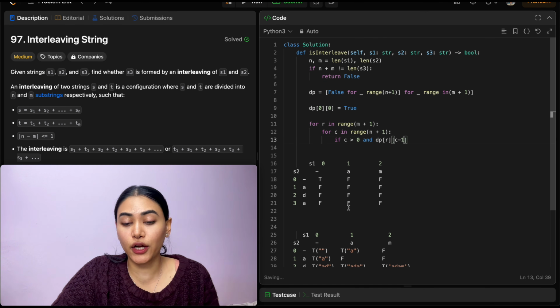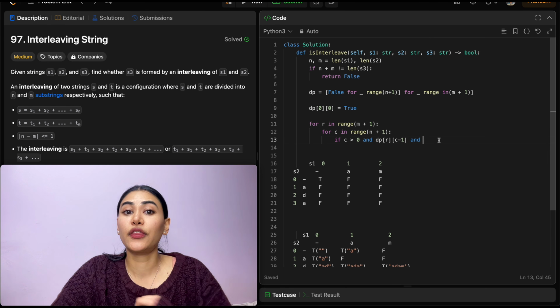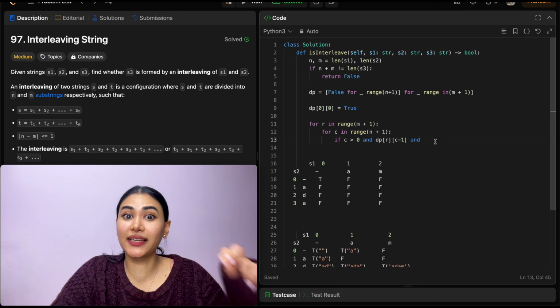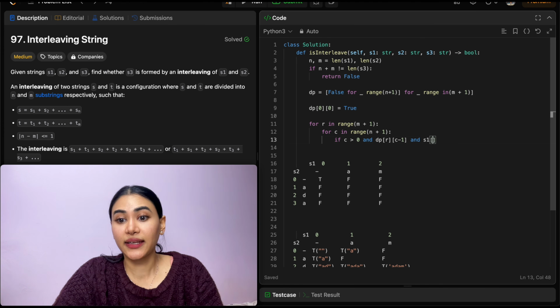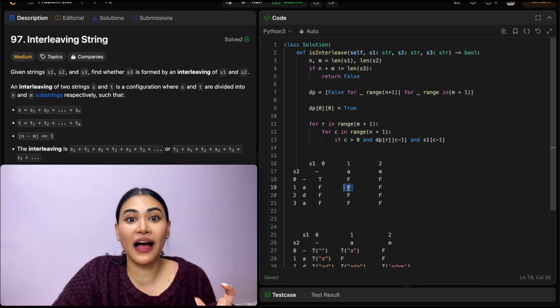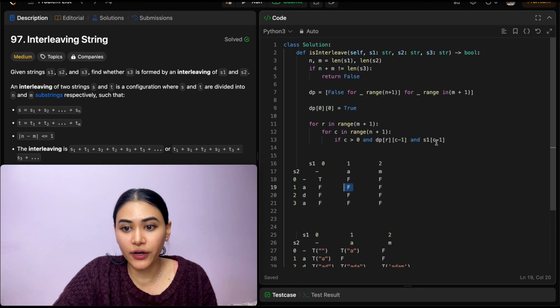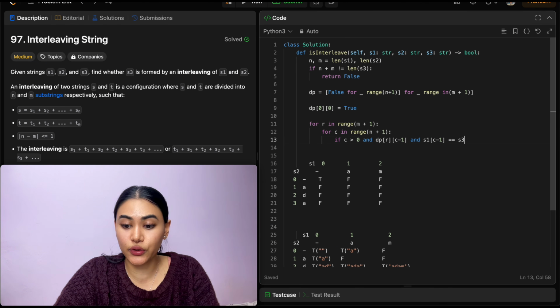So if we are at a column that is not 0, we can check what we have in the column before us, if that is true. And the character that we are trying to add matches the character we want in S3. So S1 at index C minus 1. Now, if we want to see the first character, we actually want what we have at the 0th index. It's offset by 1, so that's why we're subtracting 1 over here. We want to make sure S1 of C minus 1 equals what we have in S3 of C minus 1